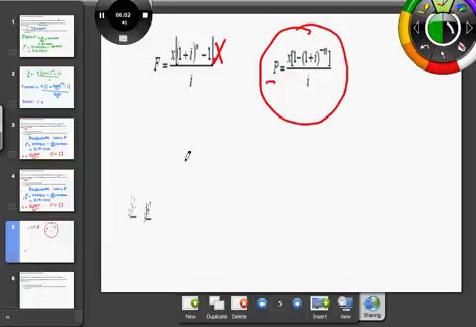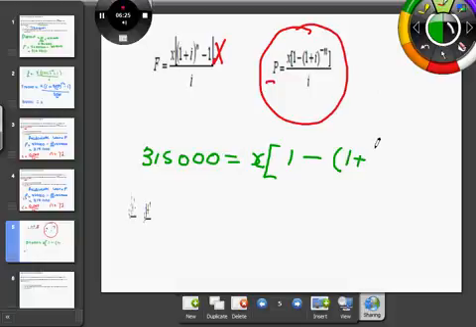So in our formula, which is P is equal to X, we know what our P is. Our P is the loan, the 315,000, not the 350. Remember, we recalculated the loan. And then we can put our X there. Then we put our bracket, it's a square bracket. Then we put 1, subtract bracket 1 plus 0,065 over 12, close bracket, to the power of negative 72. Remember, our n is negative 72. And then this is divided by